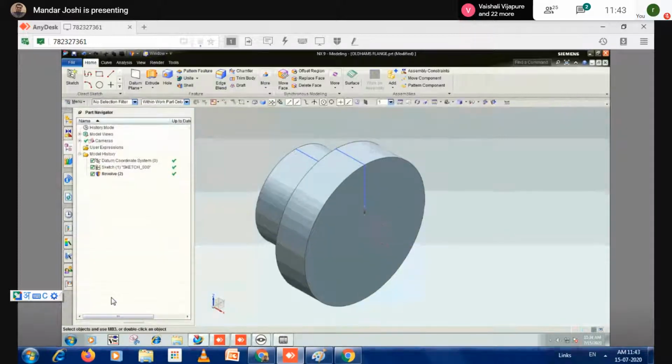Click on OK. Now this blue color is indicating your profile. To hide the profile, you have to use this shortcut key.